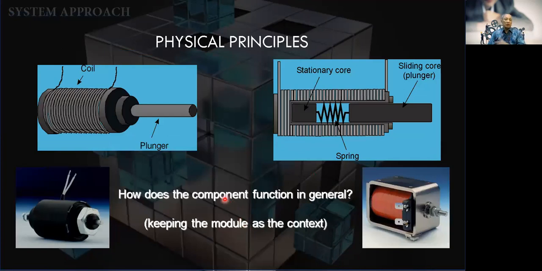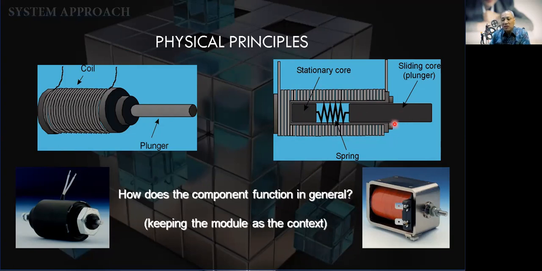What is the principle of a solenoid? A solenoid has a plunger. Inside, you can see here, there is a stationary core. This is a ferromagnetic core, and there is also a sliding core. This color here is actually a winding. This winding is fed with current going through it. So when current goes through here, it will energize, or magnetize, these two cores. So that's how it works.